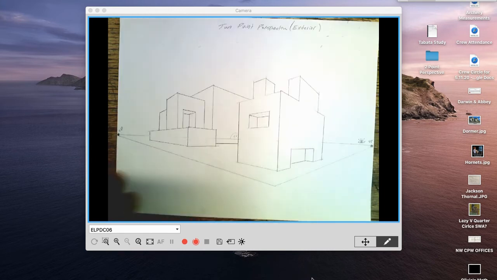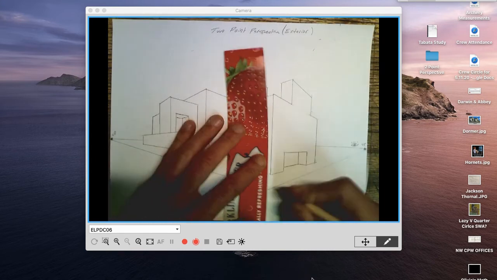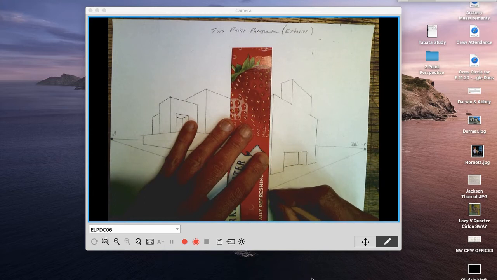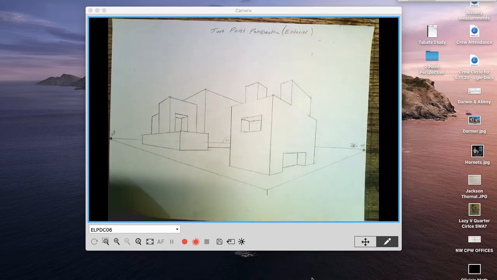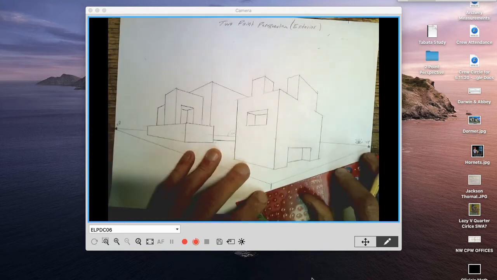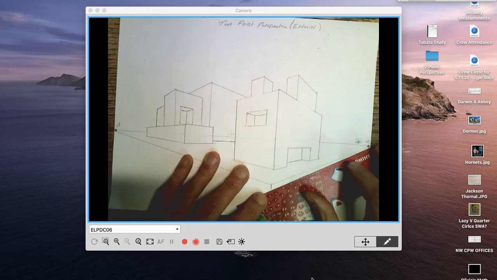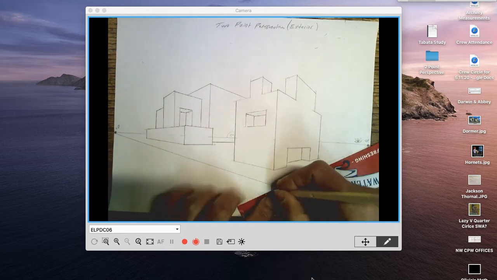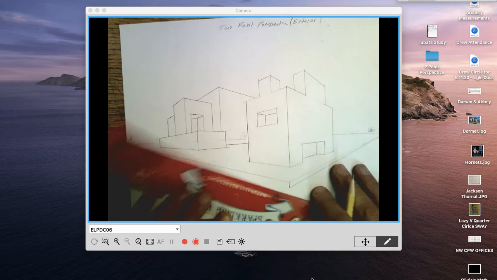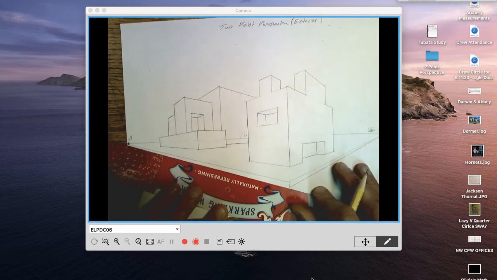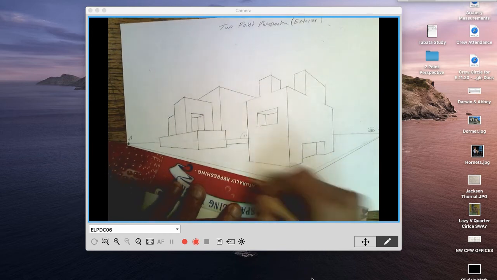Okay, so we're going to elevate this sidewalk by doing a teeny vertical like this, and then repeating the process, rinse and repeat. We're going to go all the way back like so, and then all the way back again,